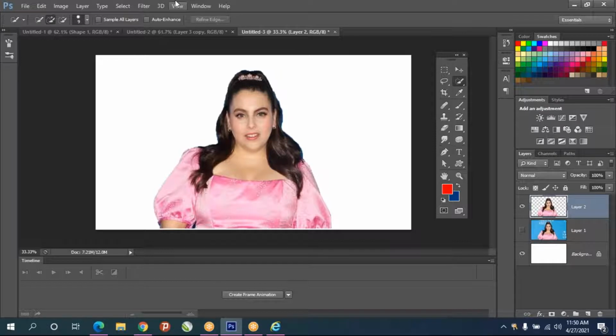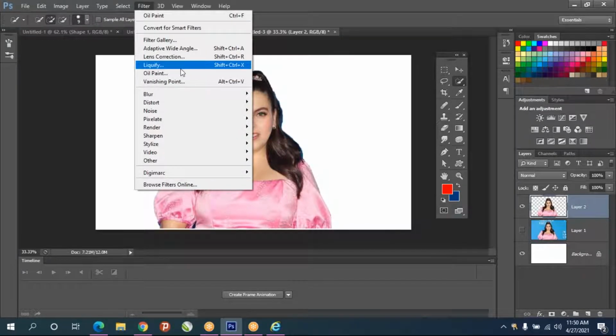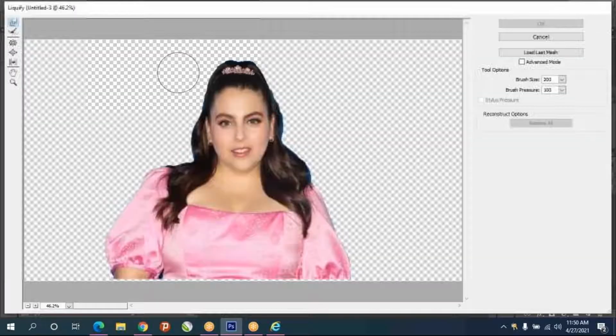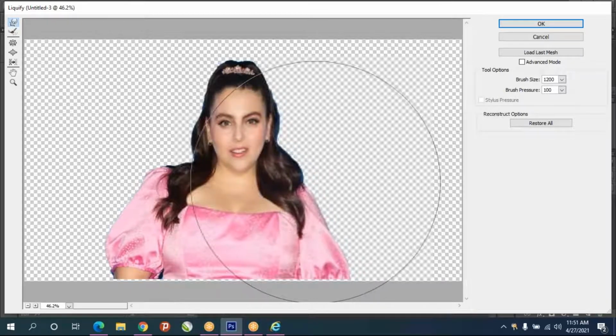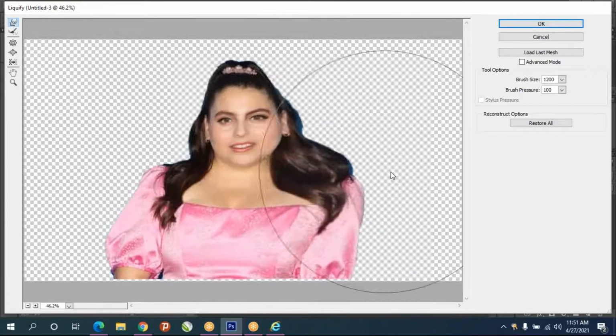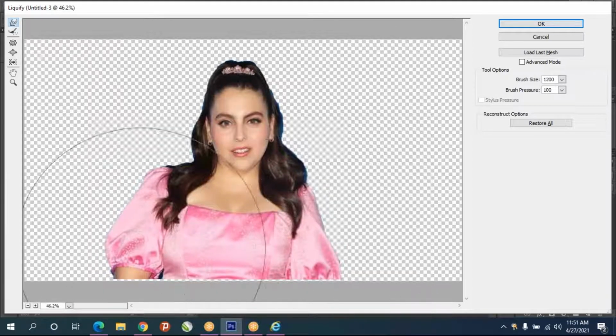Select the duplicated layer. Go to filter menu. The same liquify tool we already saw, that only we are going to use now. Take the forward warp tool. After taking it, increase the brush size. You can increase the brush size by entering values here, or else you can use square brackets. I gave around 1000. It's based on the image. And now you move. See, now the image is getting stretched. Alt Control Z, but you're going to do it slowly, not too much.